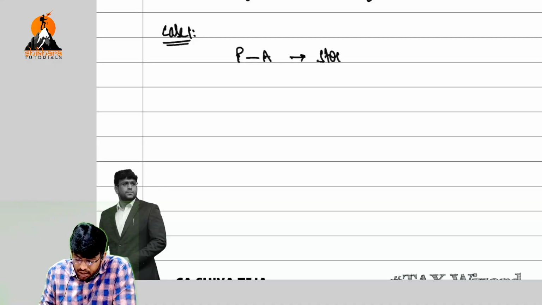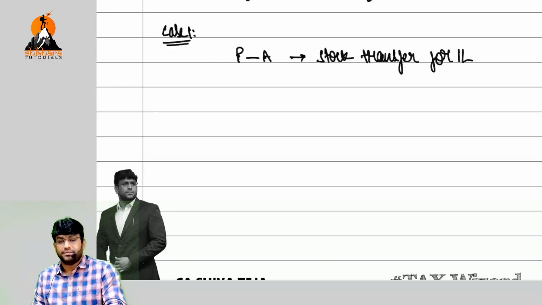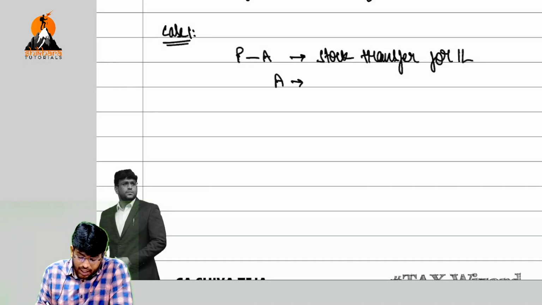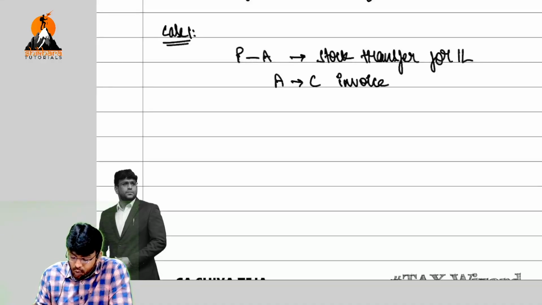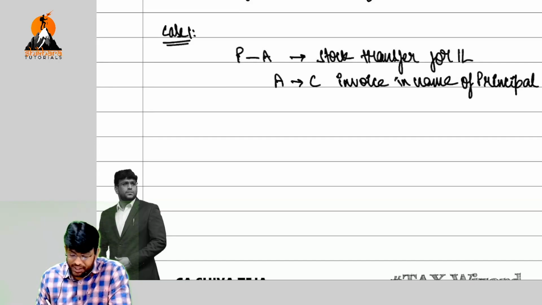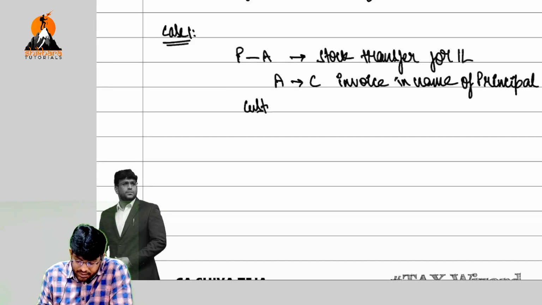P2A, there is a stock transfer for 1 lakh. And A to C means agent to customer. Invoice in the name of principal. I repeat one more time, invoice in the name of principal. Now what has happened is